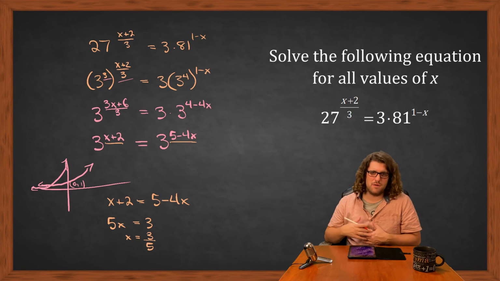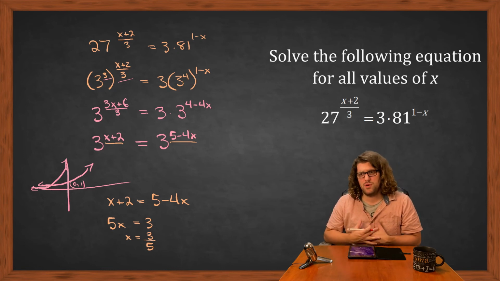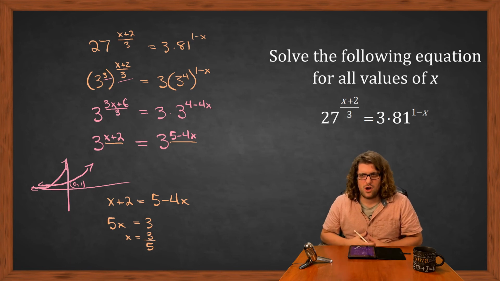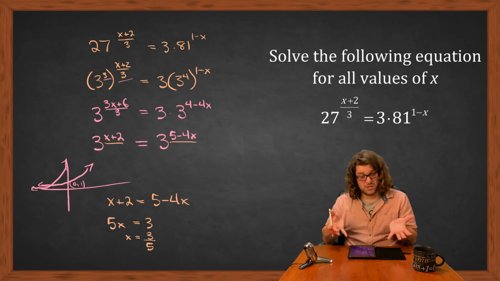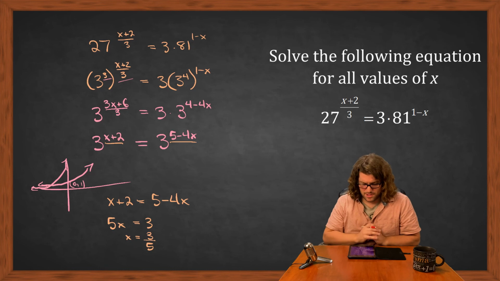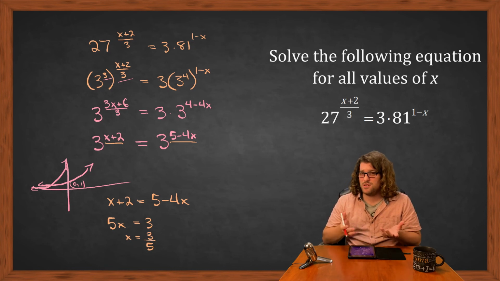If we wanted to, we could plug that into the initial equation, but we don't really have to because there's nothing that we've done that would cause this to be an extraneous root. Both of these exponential functions are defined over all real numbers. Their domain is x in R, and so if we solve for an intersection value and nothing's gone wrong, then that should be okay. So that's really all there is to it, and that's the only type we can do